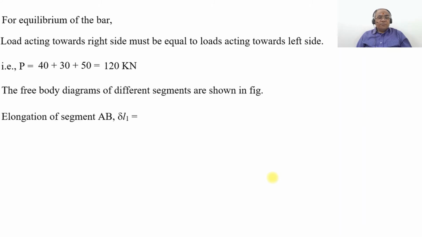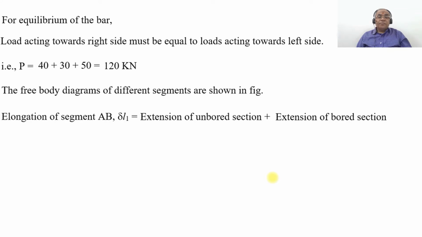The stresses we are going to first develop. The elongation of the segment AB, because it is the tensile load, which is delta L1, will be equal to P1 into extension of the unbored section plus extension of the bored section, because you have the two things there. So extension of the unbored section, P into L1 by A1 into E, according to the unbored section, which is the segment of solid steel bar. So the load is 40 into 10 to the power of 3 into length 200 divided by pi by 4 into 40 square into 1.05 into 10 to the power of 5.